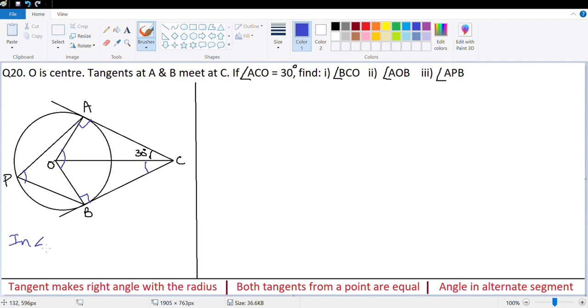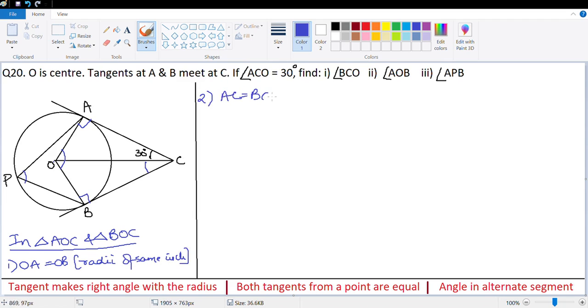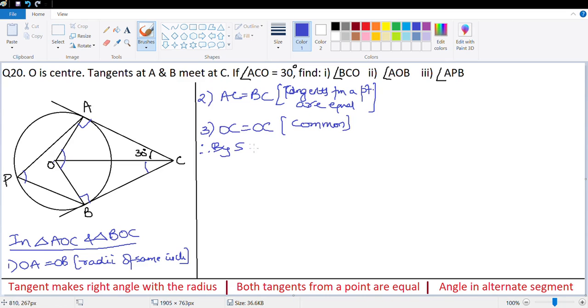So in triangle AOC and triangle BOC, what do we have? Point number 1, OA is equal to OB. This is radii of same circle. Point number 2, AC is equal to BC. This is tangents from a point are equal. Next, point number 3, OC is equal to OC. This is common. Therefore, by SSS test,